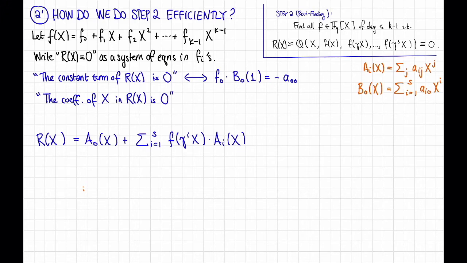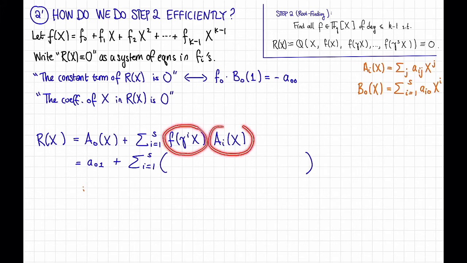Okay, so the coefficient on x in this expression is the following. First we have the coefficient on x in a0, so that's a0,1. And then we have the sum from i equals 1 to s of the sum of two things. First, the constant coefficient of f times the linear coefficient of ai, and then also the linear coefficient of f times the constant coefficient of ai. So that's going to be f0 times ai1 plus the linear coefficient of this thing, which is f1 times gamma to the i,